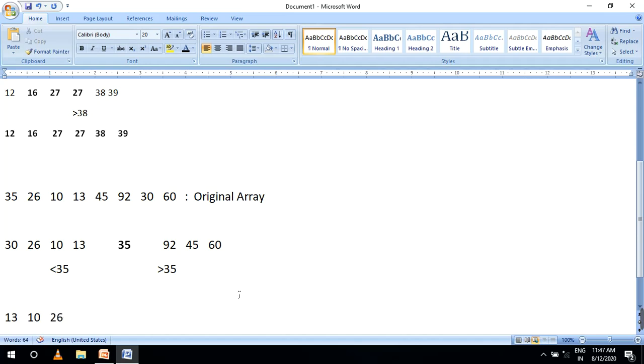So the next pivot value is 30. 30 is the pivot value, and already 35 is sorted. So this is also sorted.